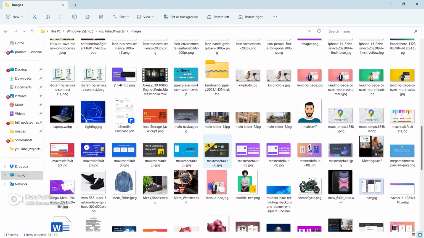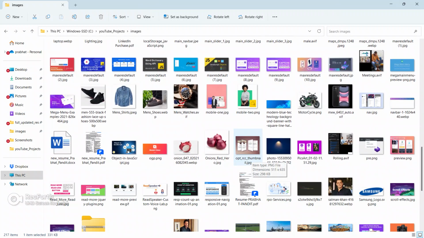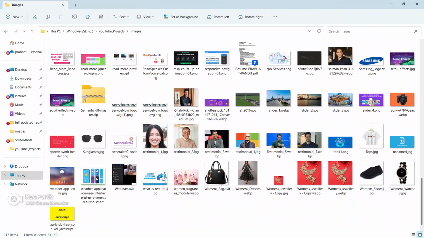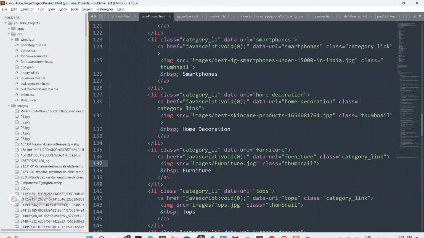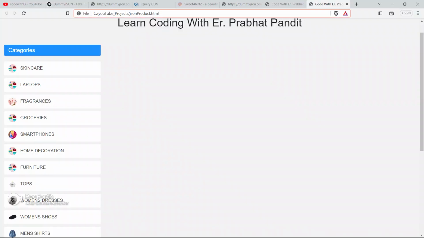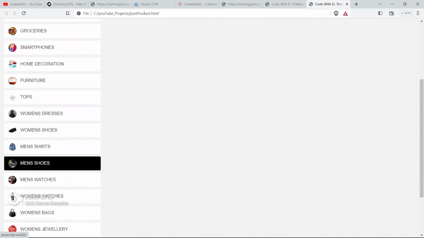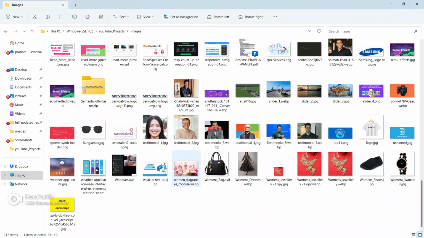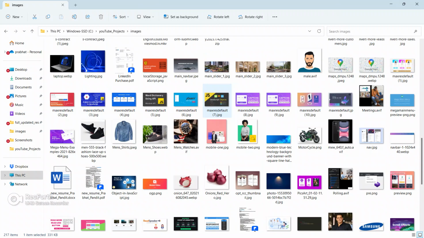Okay, now just two more images guys we have to replace. So yeah, let's just check first. Save your code, go to the browser and refresh your page. Okay, we have to change the laptop now only. Okay guys, laptop and lighting, rest all is done. Where's the laptop and lighting guys?